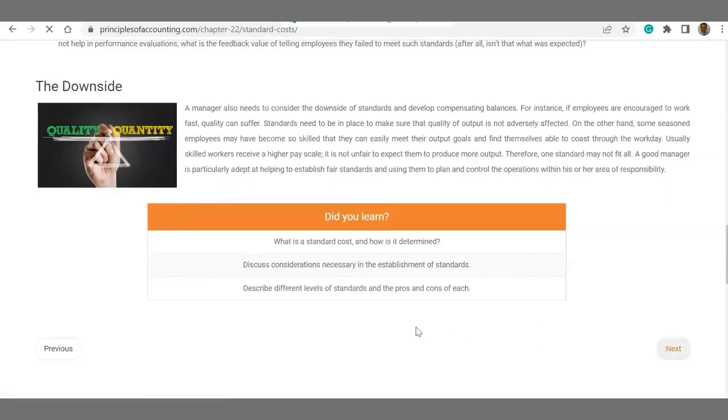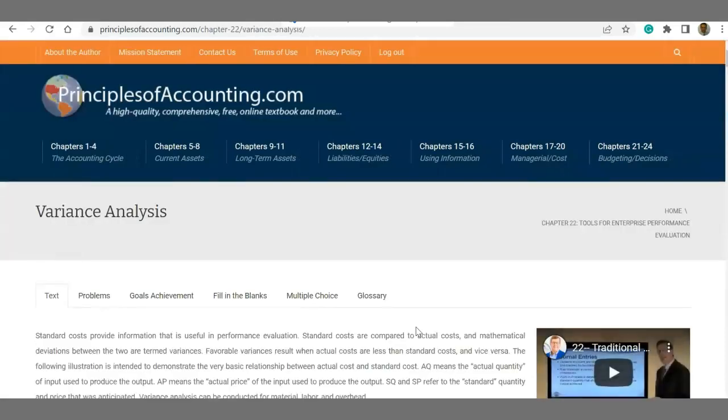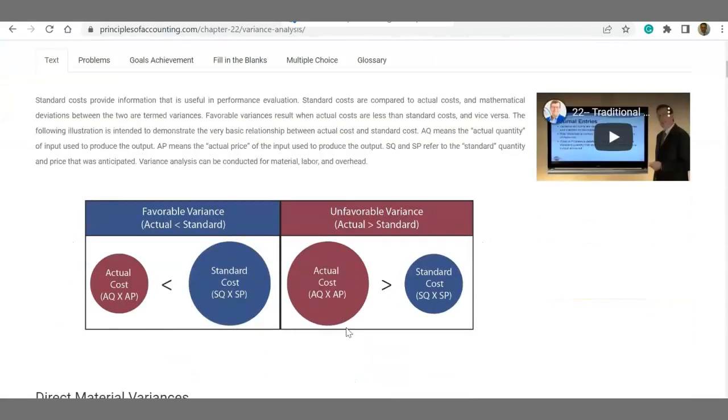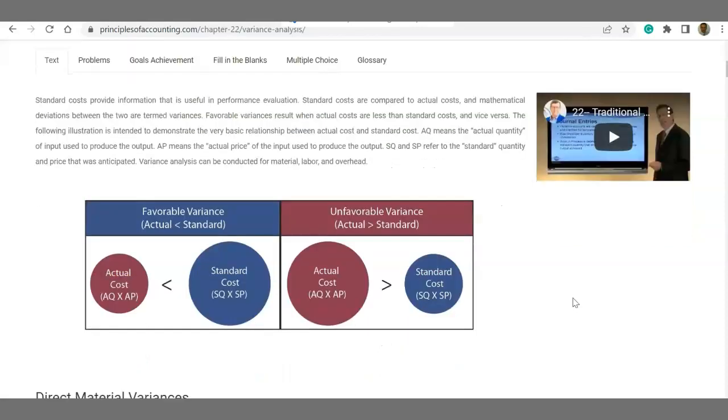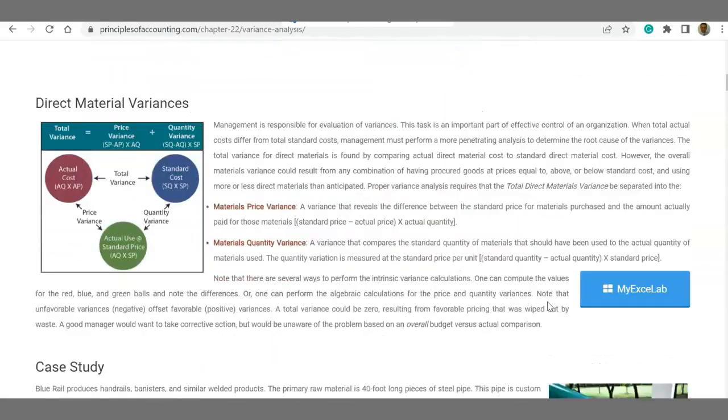Okay, so let's keep going. Here is the variance analysis, and this is what I was focusing on in the last page to explain why you need to look at these variance results and analyze them properly so you understand if the situation is good or bad, favorable or unfavorable, and then understand what the reason is. So let's look at the direct material variance